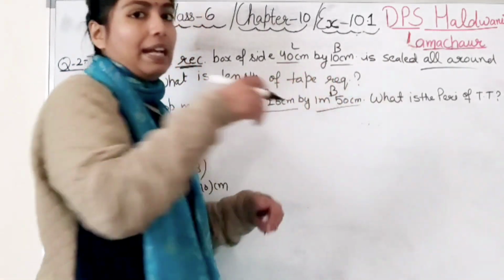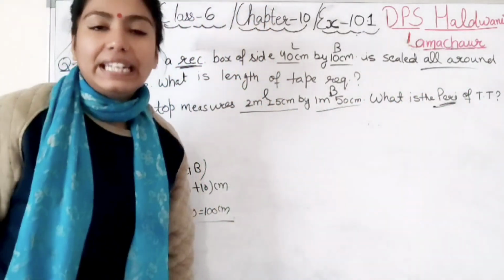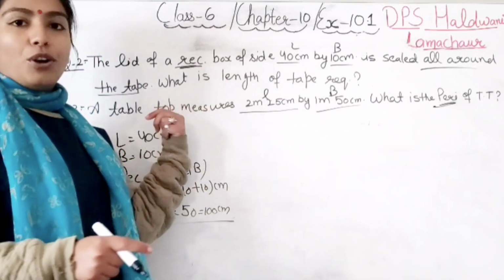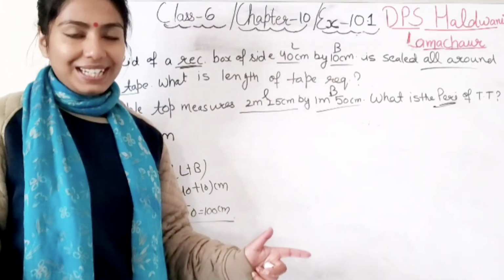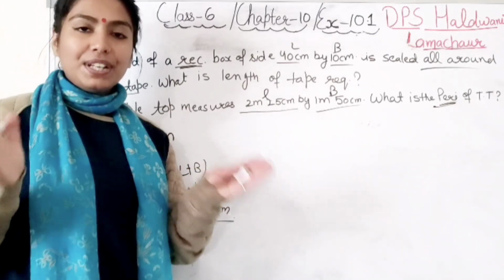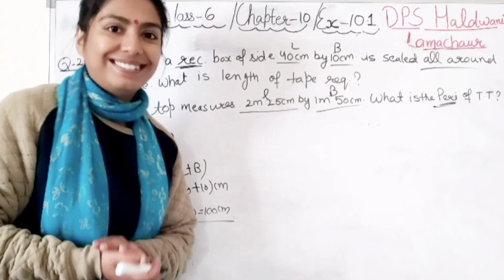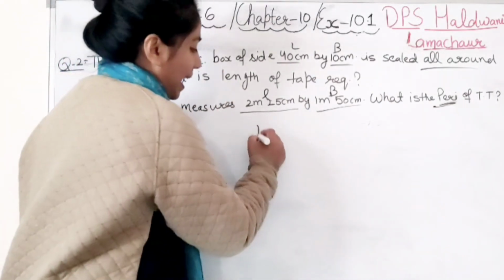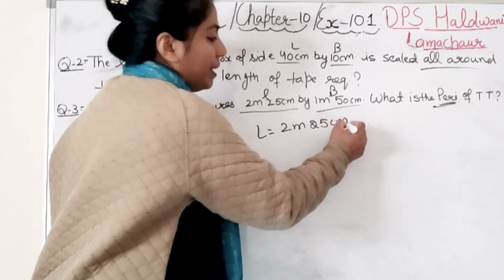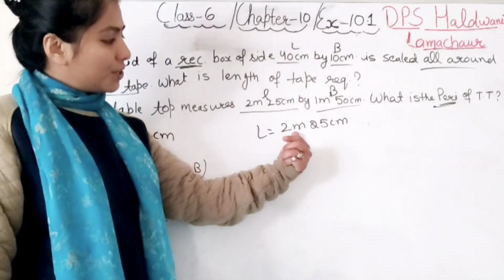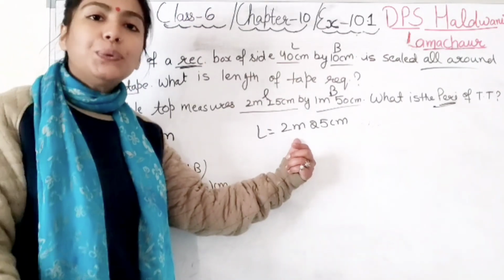Length and breadth belong to which shape? Rectangle. It means you need to find out the perimeter of the rectangle. But here it is a tabletop. So the perimeter of the tabletop will be, the formula will say, right? Figure can be anything, but the base figure is a rectangle. So you will put the formula of the rectangle. Right, student? And as you can see, 2 units are given to you. 2 meter 25 centimeter. So you have done in your class 5 how to convert into a single unit.